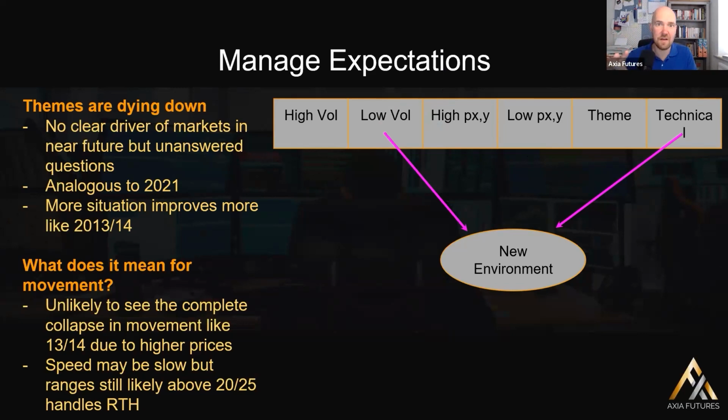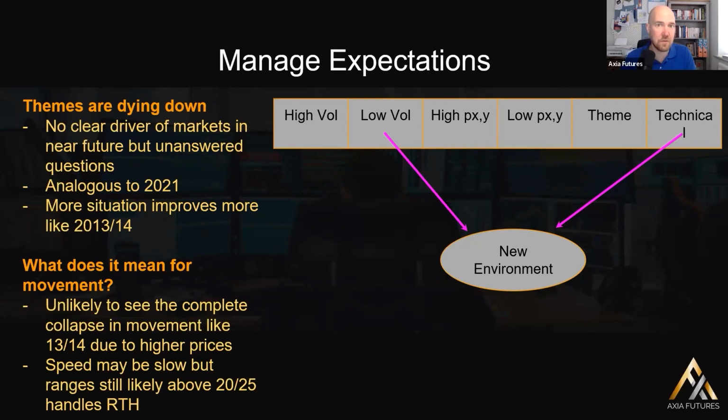It can come back, and learning how to trade data is vital. It's something that we spend a lot of time teaching, because it's one of the biggest areas of performance for us. But in this new environment that we're moving towards, I would suggest you need to rely more on your technical ability, and on lower expectations of the size and speed of movement that you are going to get from this lower volatility period. So that's where I think we're moving towards, a lower volatility, more technical type environment.